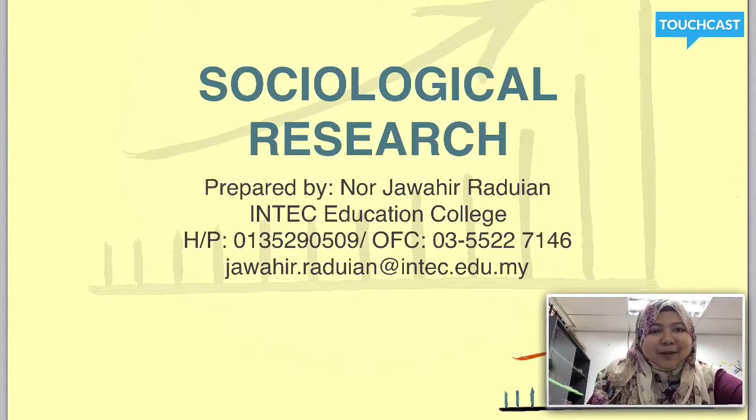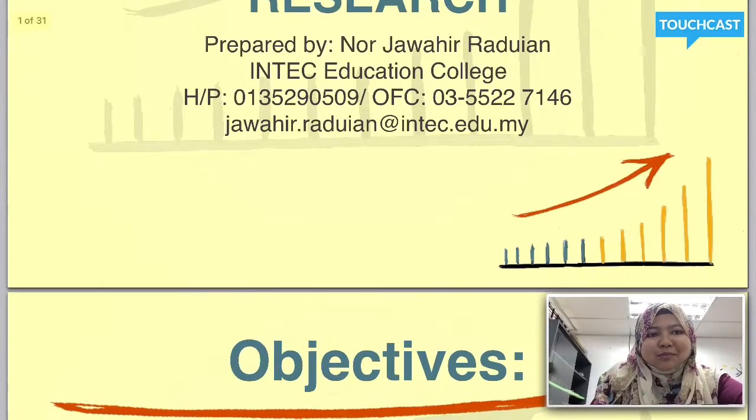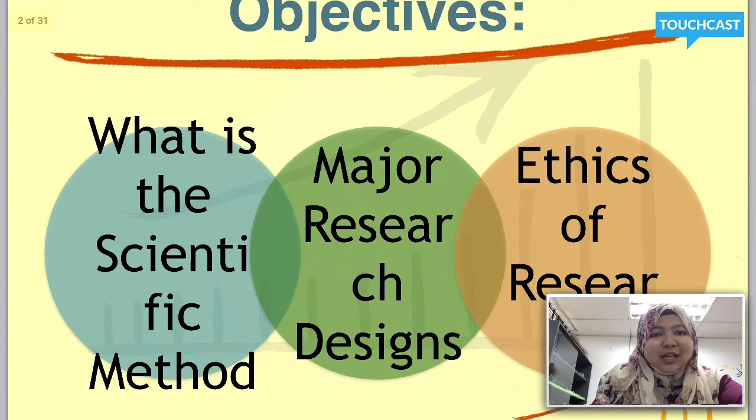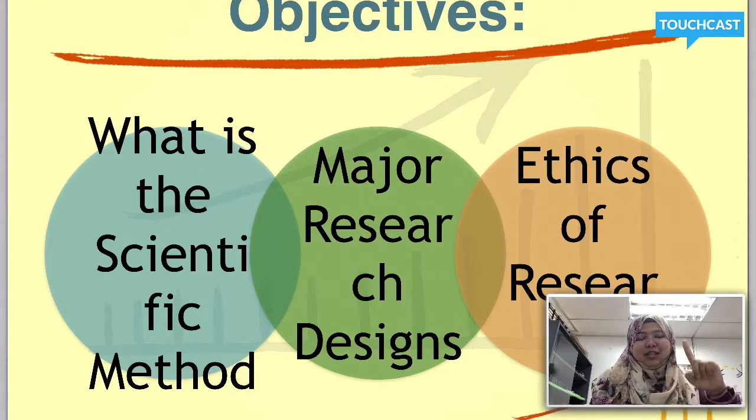So what is our objective for this topic? We have three different objectives. First is what is the scientific method. So you will know about the scientific method as a whole, and then the major research design and also ethics for doing research. In sociology, it's really important for you to know about the scientific method because in the definition